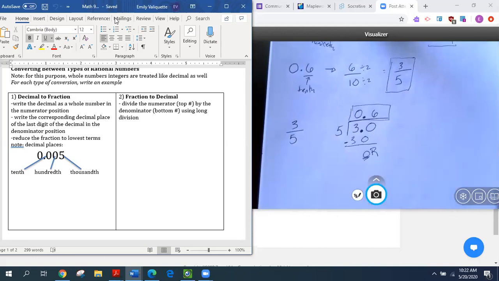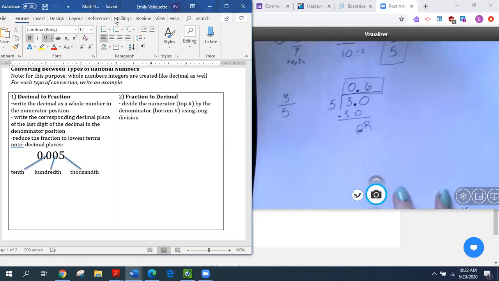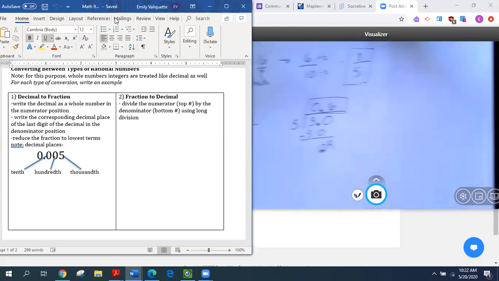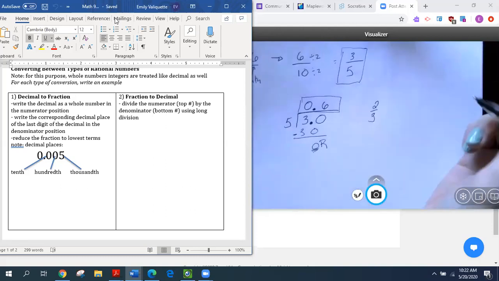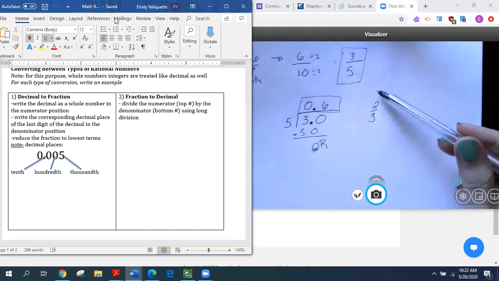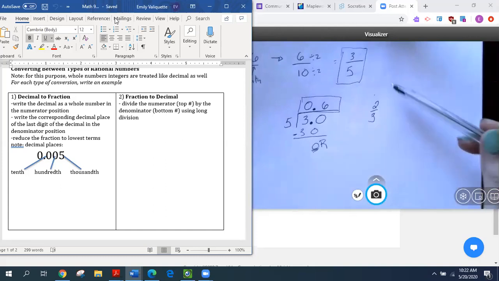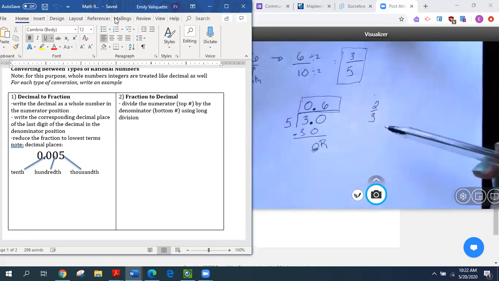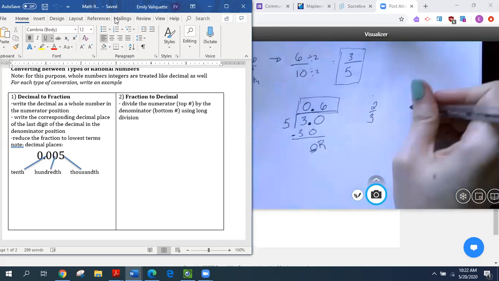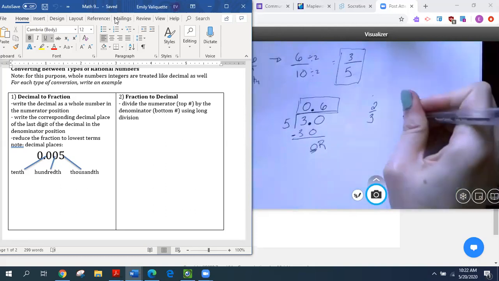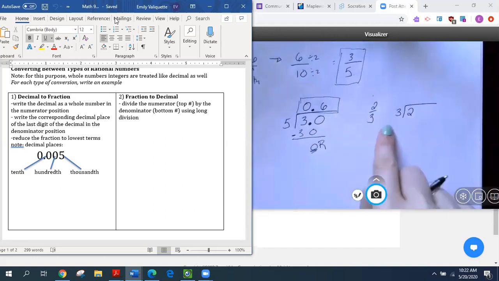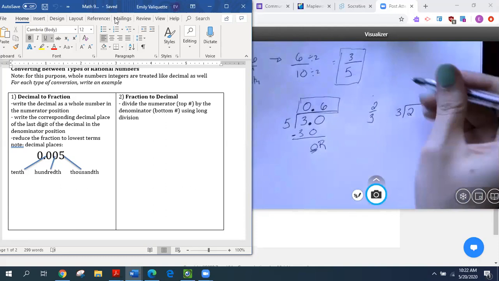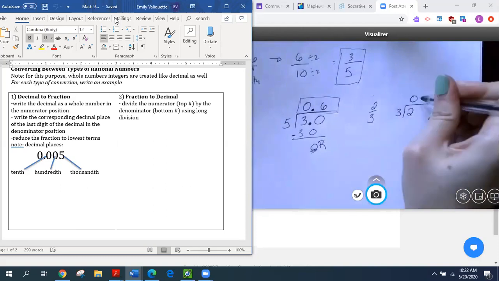Let's try one that's maybe a little more complicated than that. What if I start with the fraction 2/3? And again, I'm giving you fractions that some of you might just know what they are in decimal form, but you still want to be able to go through this process for if you're given more complex fractions. So this time I have 2, which is being divided by 3. So we set it up like this. Once again, 3 can go into 2 0 times. So I'll put my decimals in